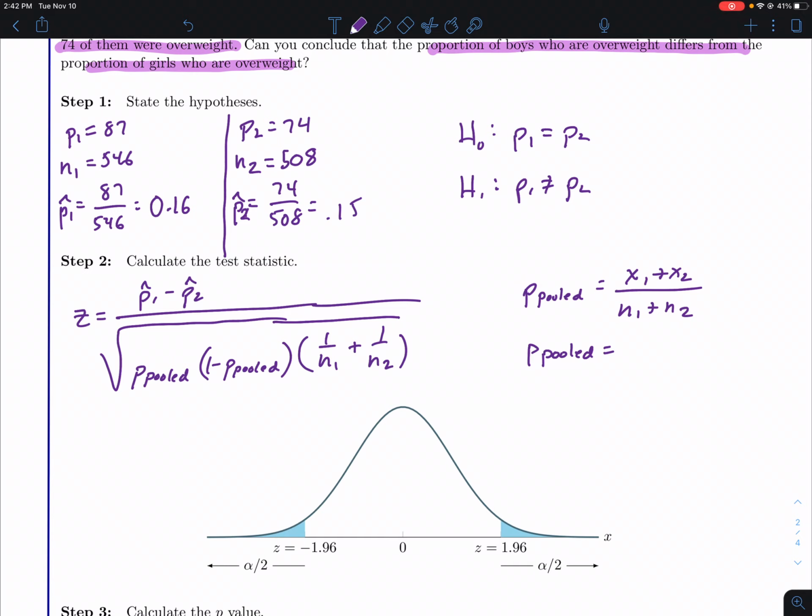Oh, I wrote this down wrong. Sorry, let me go back here. I wrote this as P1. It should be X1 and X2. Sorry about that. Hopefully somebody would have caught that if we were in class. So in this case, we've got 87 plus 74